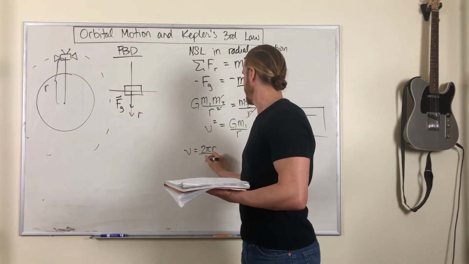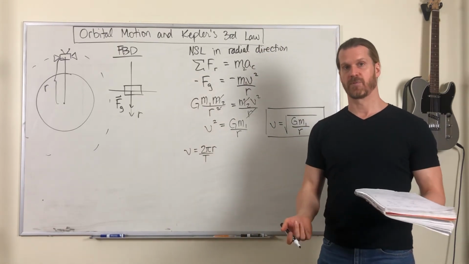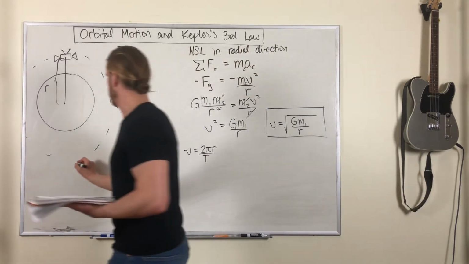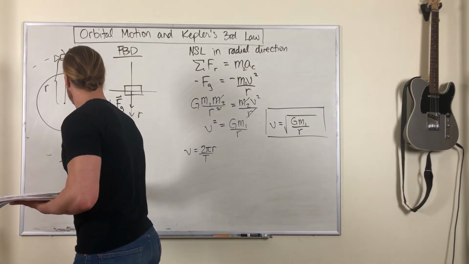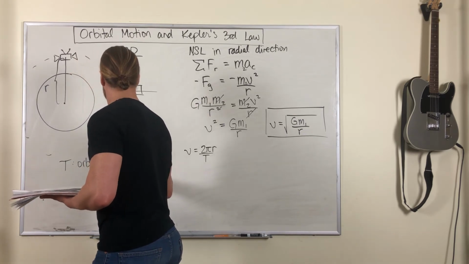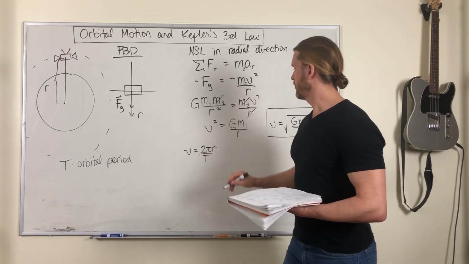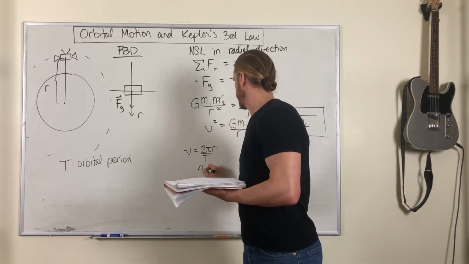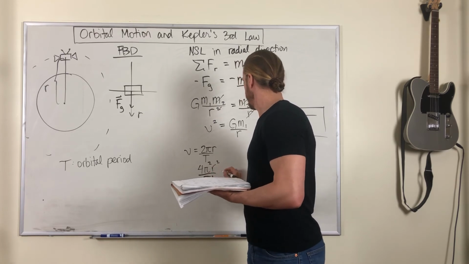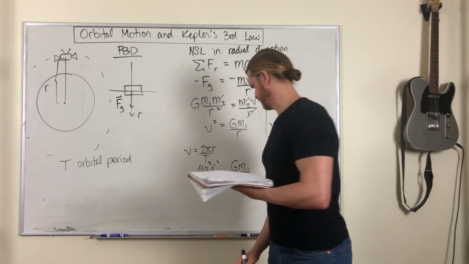And you divide by the time it takes to complete one orbit. I'll call that time capital T, which is also known as the period. And now substituting that, we have an expression 4 pi squared r squared over T squared equals GM over